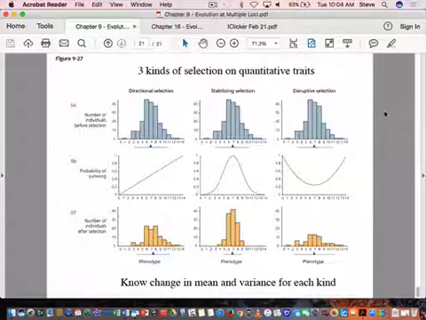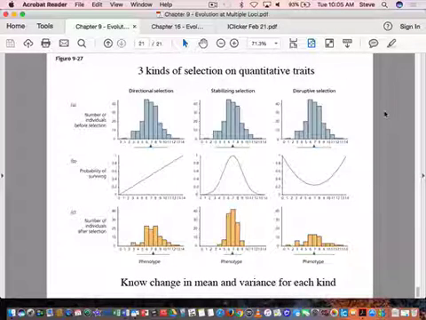Here's another way. These are all what we call fitness curves. So they measure the relationship between fitness and the quantitative trait. What's different about this one? How's this one different from that one? Yep. The two extremes have the highest fitness, and which phenotype has the lowest fitness? The intermediates or the average. Okay. So selection favors the extreme,